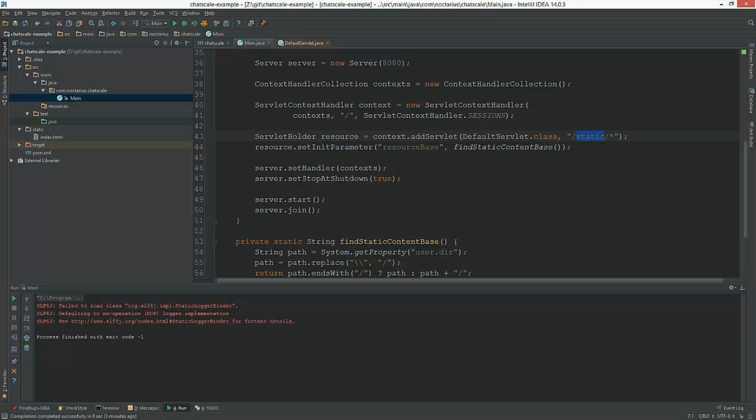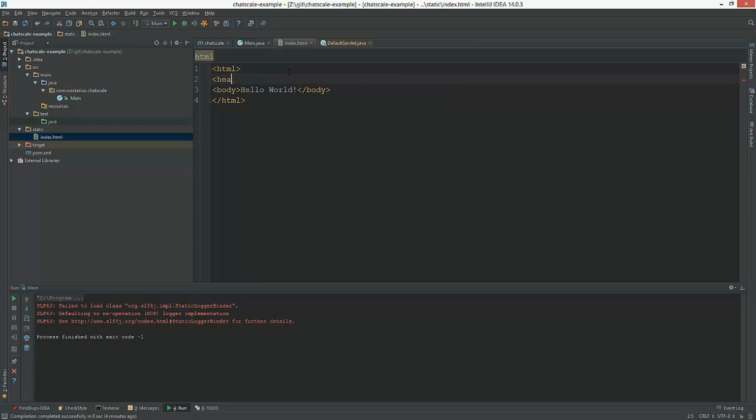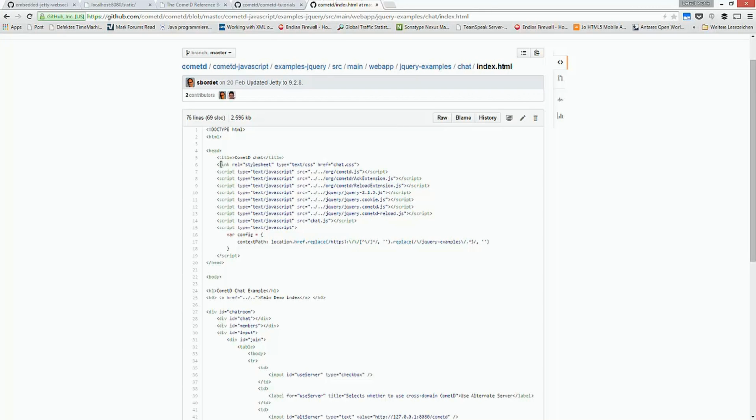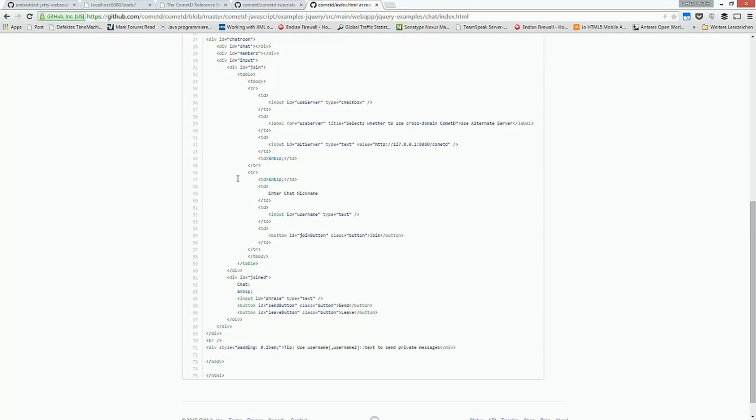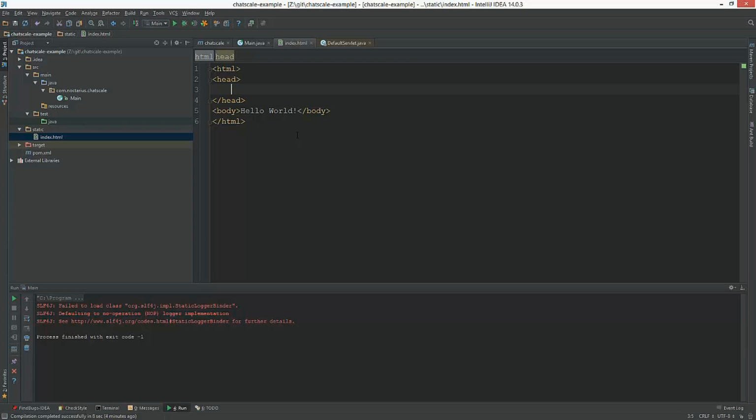So let's see if we can make it somehow happen. We need the JavaScript now. Who never worked with JavaScript might have a small problem in this session, but I'm trying to make it as easy as possible.